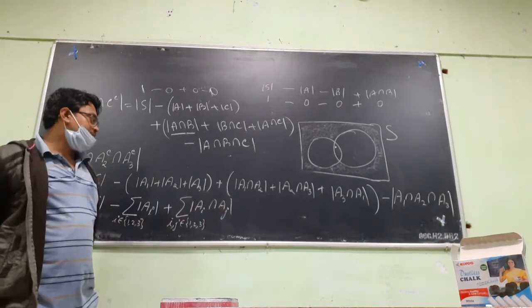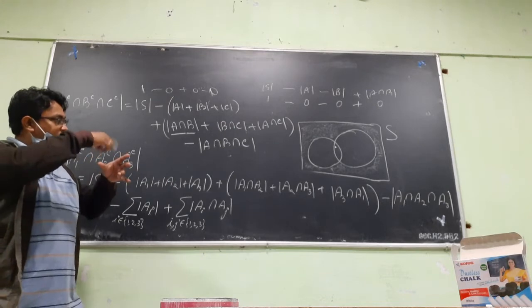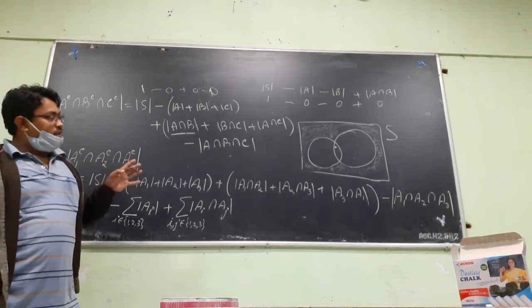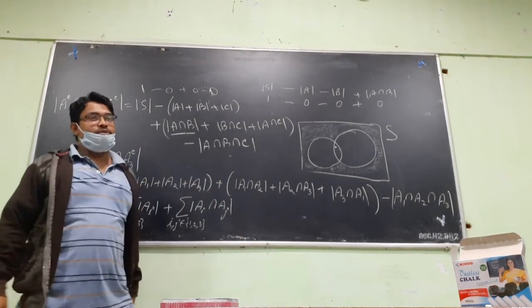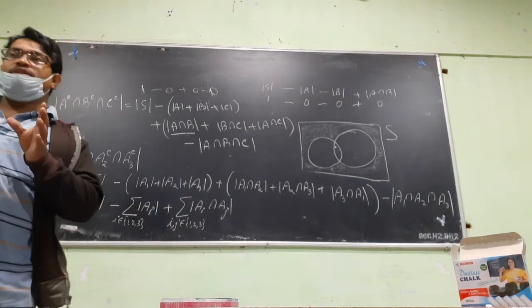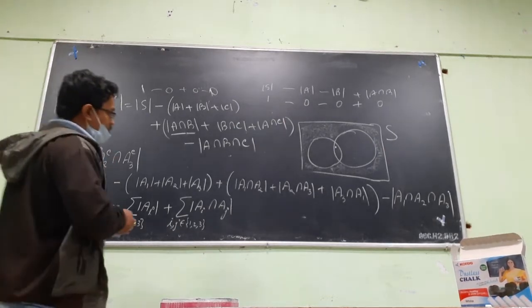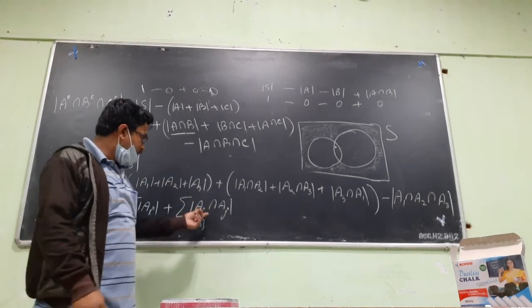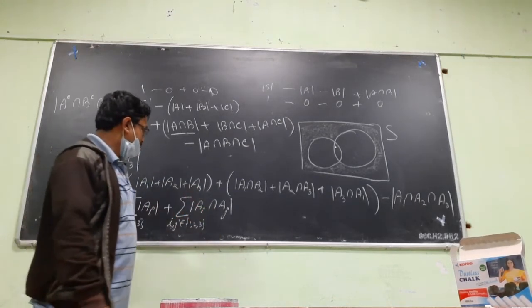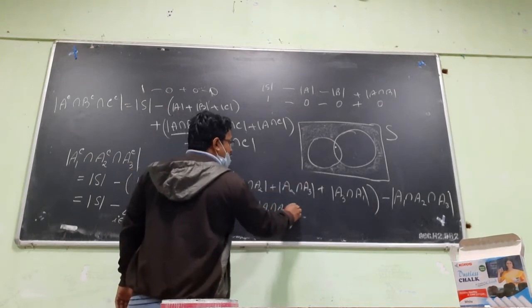Here there are how many sets? 3 sets. So you can pairwise intersect in how many ways? 3 sets are there. We can make intersections in 3C2 ways, a combination, because A1 intersection A2 is the same as A2 intersection A1. So we should use combination, not permutation. Out of 3, we can select 2 at a time in 3C2 ways. So there will be 3 elements in this sum. Exactly. Then here the last one is just A1 intersection A2 intersection.